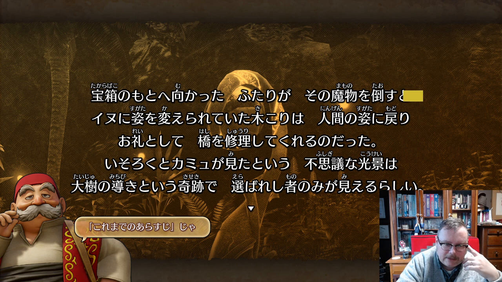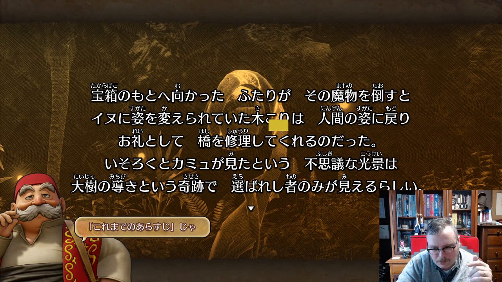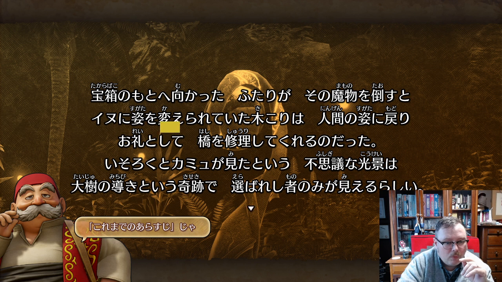Okay. So when the two who, because we got another phrase here, that everything's got to be made into a noun. So the two who went to where the treasure chest was, defeated the monster, the woodcutter who, because you see we got a bunch of stuff in, you got a big adjectival phrase in between, right before kikori, so we're going to use who. The woodcutter whose form, sugata, was changed into a dog, had his form returned to a human state, and as a way of expressing his thanks, he